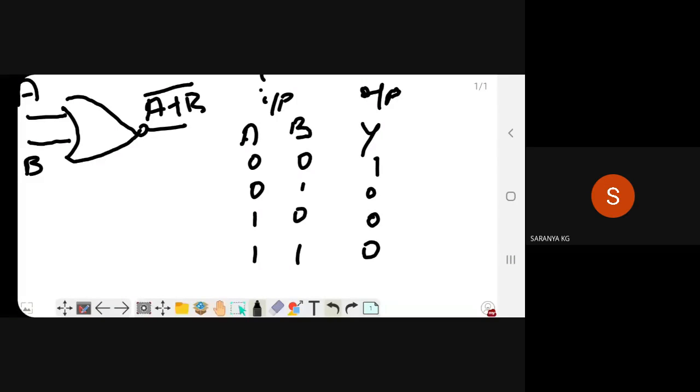Okay. Shall we move on? One more thing I want to say: NAND and NOR gates are otherwise called universal gates. Why is it called so? It can perform the basic operations of NOT and OR. Right. So by using that point, we are going to study the topic NAND NOR implementation. Okay, got it?